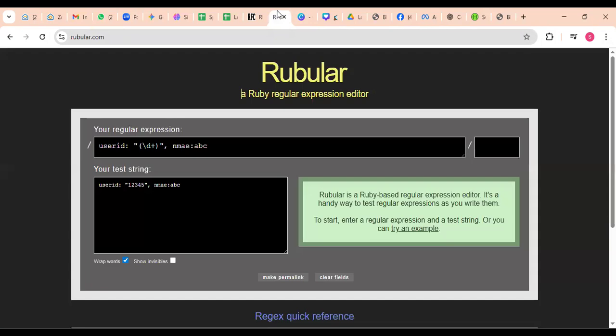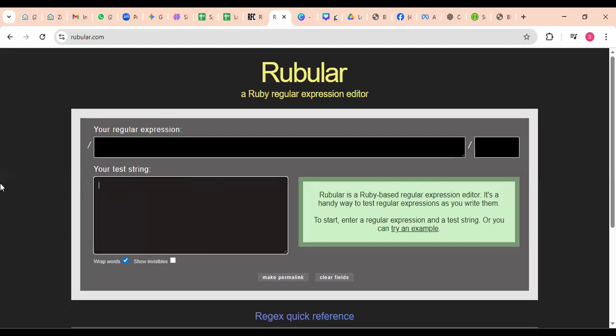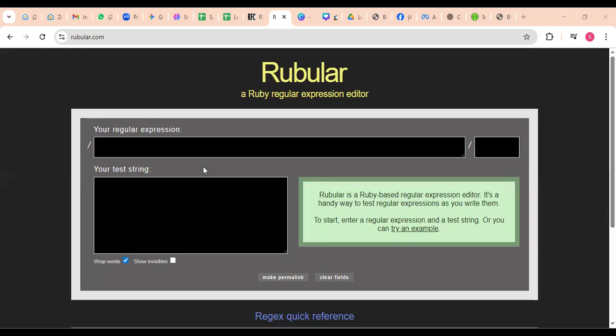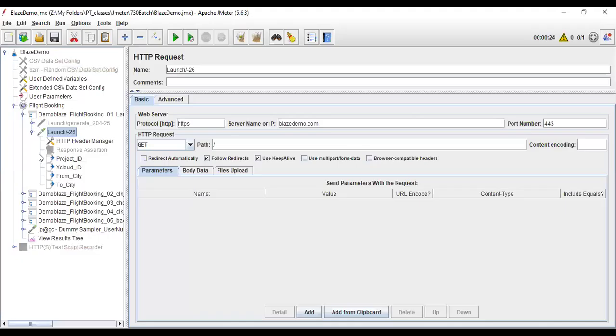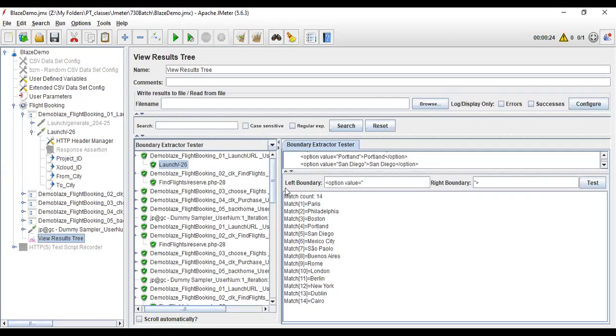Now, here, this platform is very useful for you to practice any regular expression. It is the advanced version of your boundary extractor. For example, here you have a project ID, right? We're capturing the project ID. Let us say,